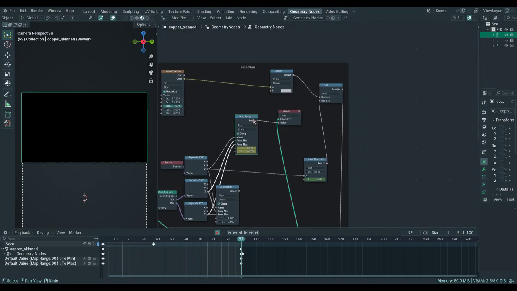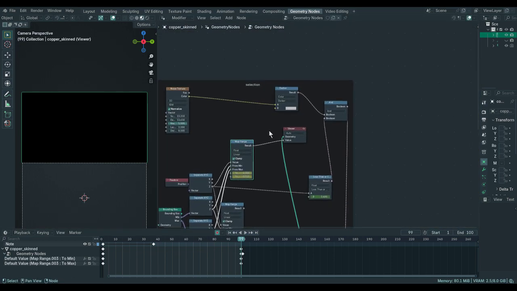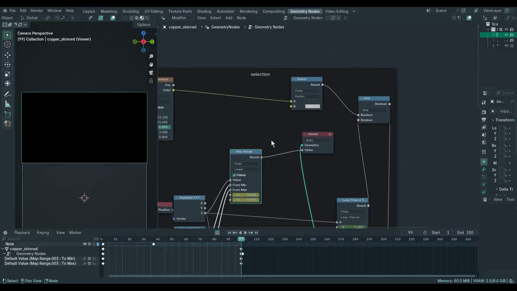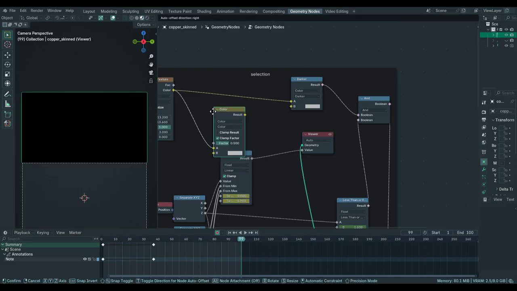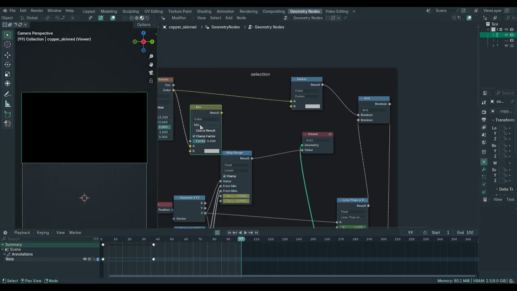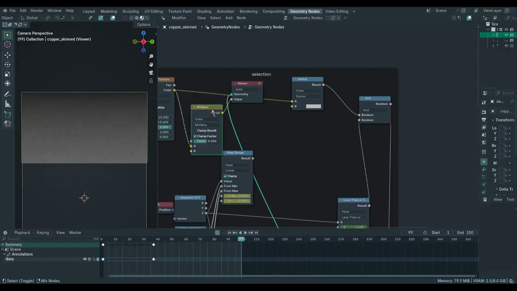Because by the end of that, everything is black, and that is what we want. Okay. So if I do next color, set that to multiply. If I do that and that,